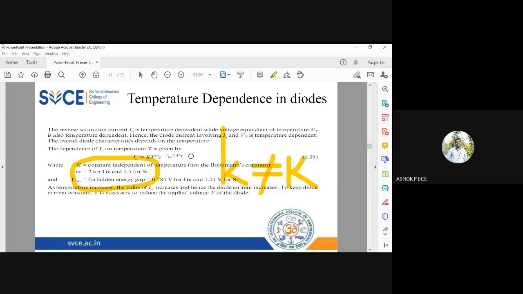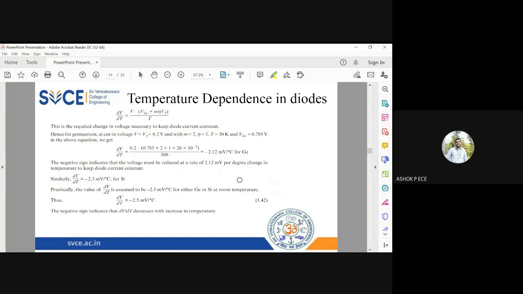So here everything is constant. If you look at what is variable, only T is going to be varying. So as you increase the value of T, you can easily see that I naught is proportional to T power m. As I increase the temperature, my current is going to increase. Voltage will be constant. Here, Vg naught is constant, Vt is constant, everything is constant. As I increase the temperature, current will increase, but the voltage will remain constant in a diode. That you have to understand very clearly.